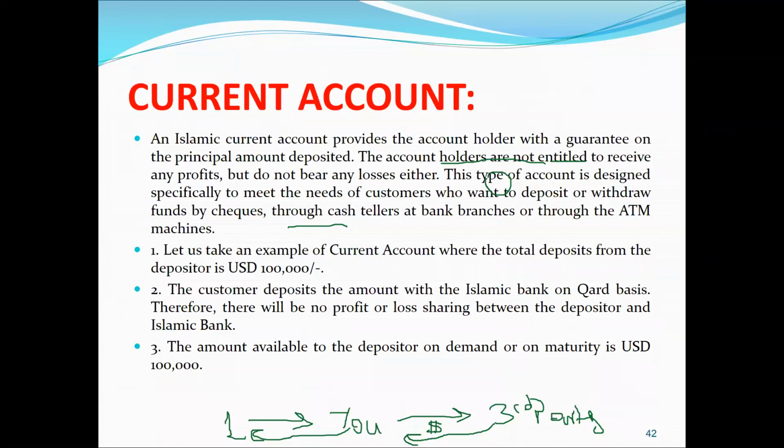Like I have my salary account. Your current account can be used as a salary account where my money is received and deposited there. I can withdraw and I can use any money on it. So you are welcome to withdraw anytime, any amount. So this is all about the current account that you're already familiar with, the conventional current account. There is no difference. Both don't charge any interest.